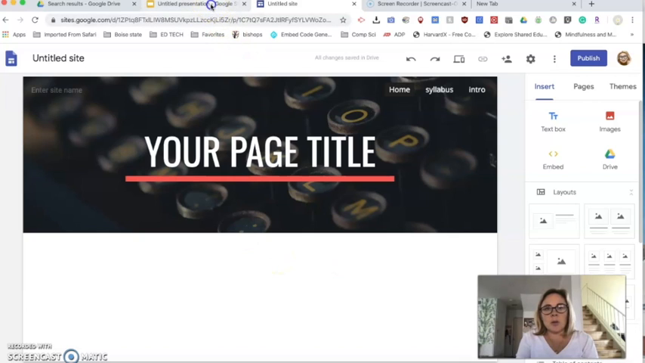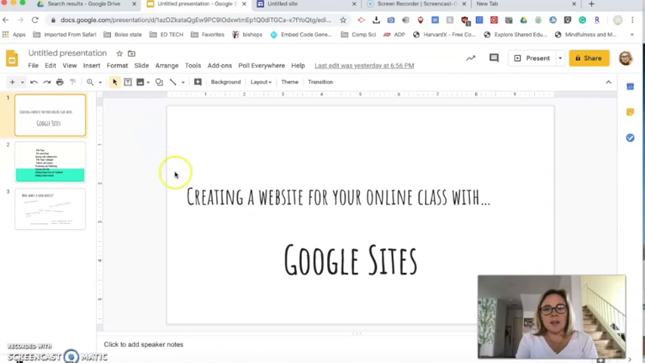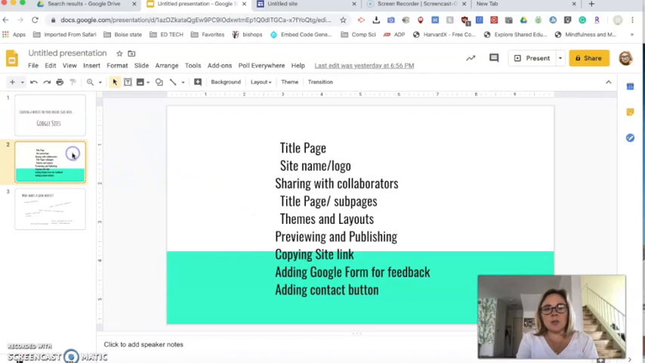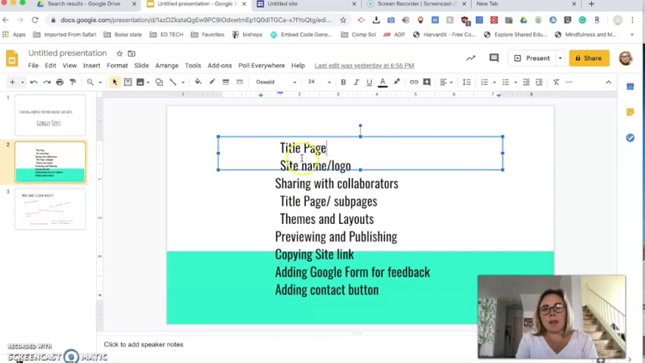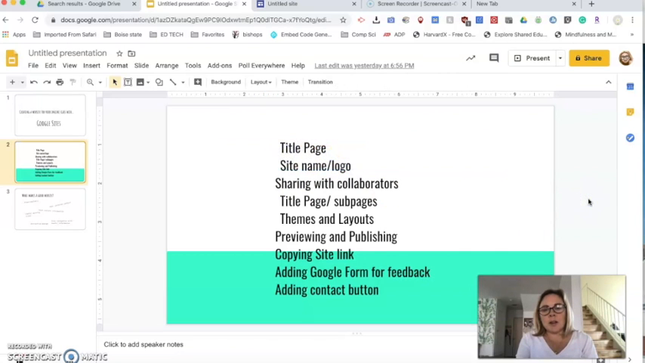And just to talk about quickly what we're going to go over today, we're going to create a website through Google Sites that you might use to house your online class. So some of the things we're going to talk about are how to add a title page, and how to have a site name and maybe add a logo in there, how to share it if you, for example, are co-teaching with somebody, how to have a title page and then sub-pages under those title pages,